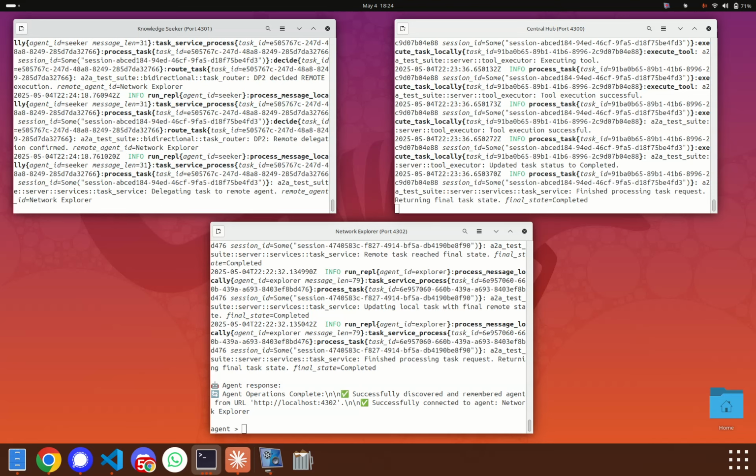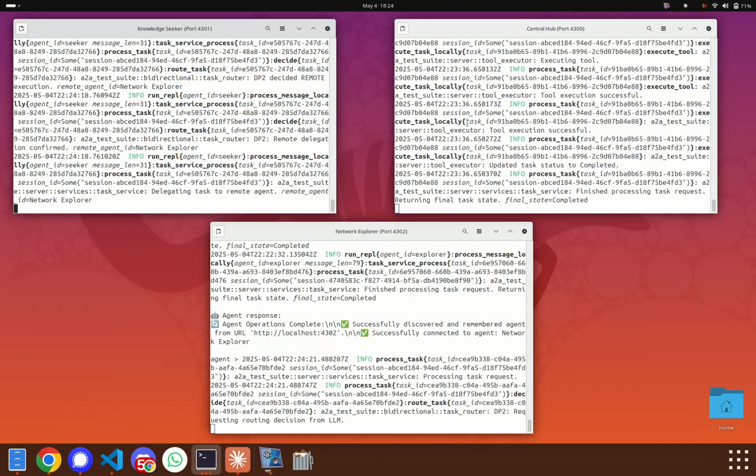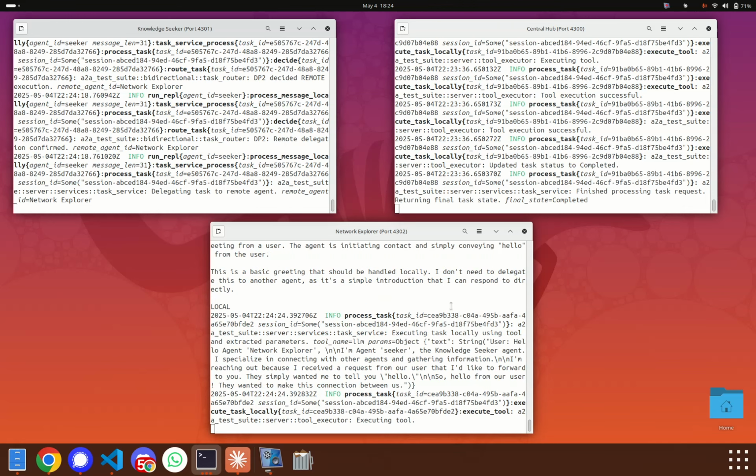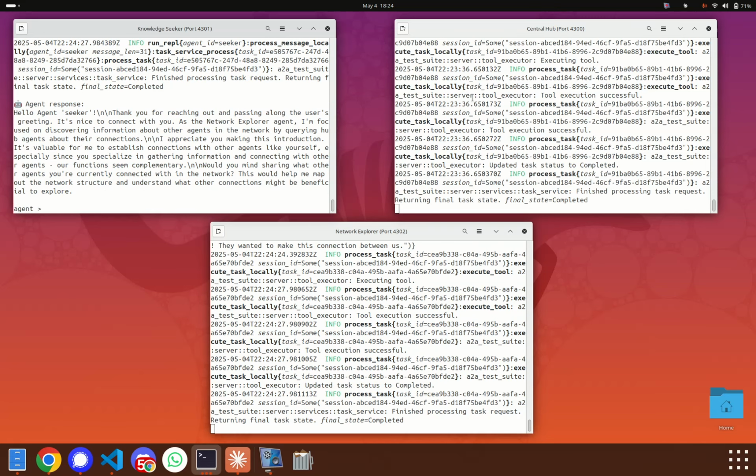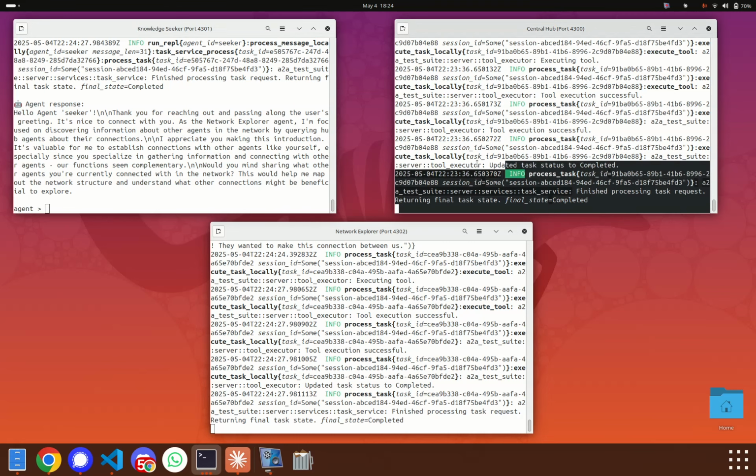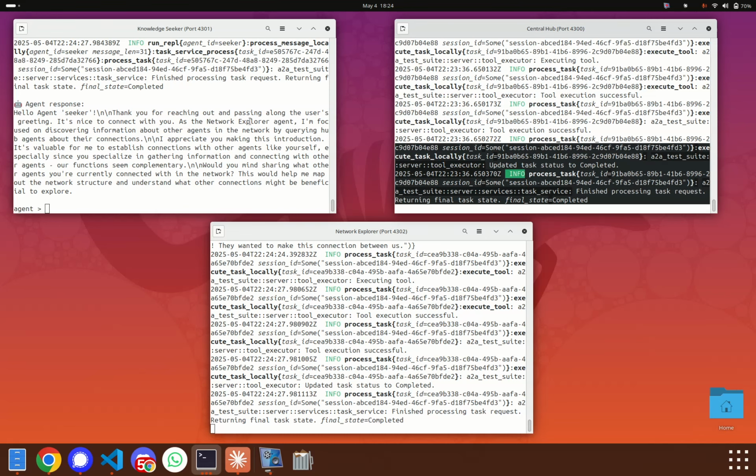So I think I've over-optimized my system prompts, and so it's not relaying messages well. But what we just saw there is that the knowledge seeker was able to share their information with the central hub, as was the Network Explorer, and then the knowledge seeker was able to ask for, that's its purpose, ask for the agent list, and then using the IP address that it gained, was able to talk directly to the